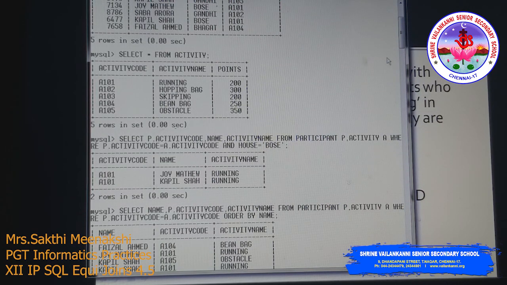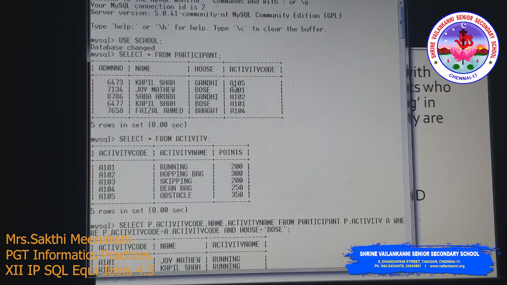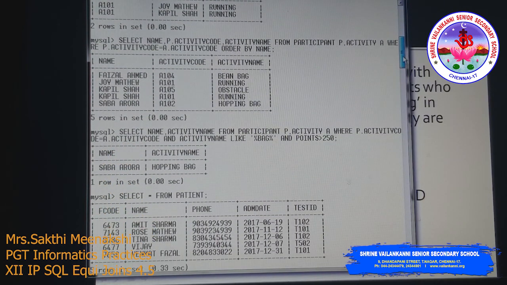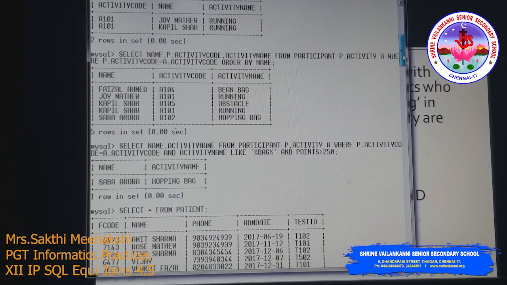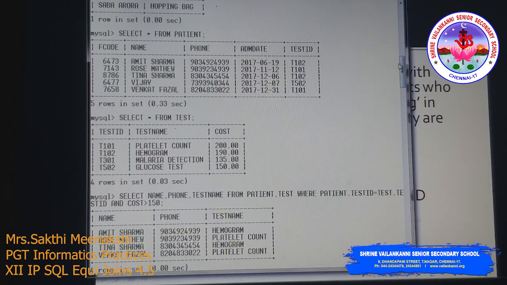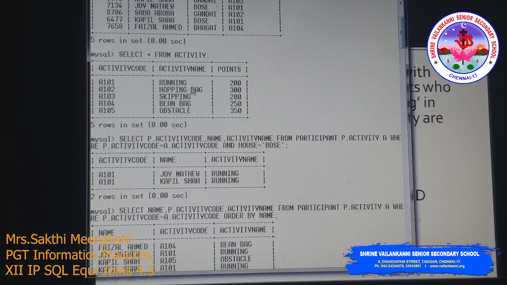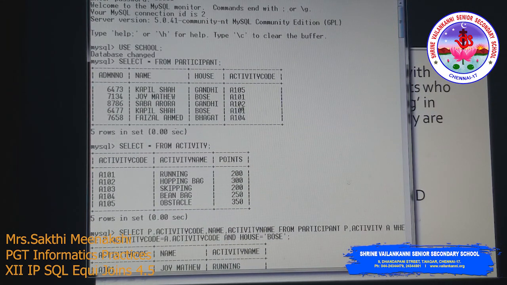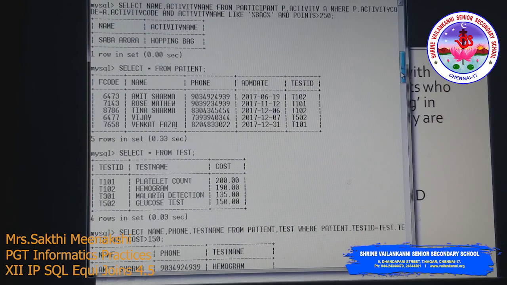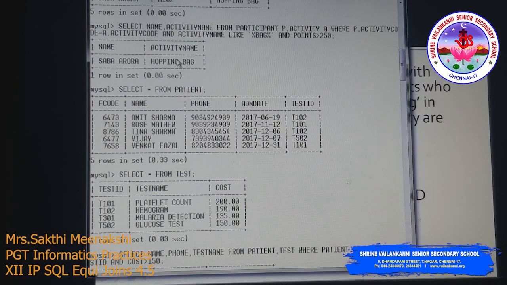That is A105, and for A105, Kapil Shah is the name of the participant, and the activity contains the word bag, hopping bag. Here we have two names containing the word bag, hopping bag and bean bag, and the one which satisfies the condition of 250 is hopping bag. That is A102, and A102 is the person Sabha Arora. So this is the result we are getting here, right?